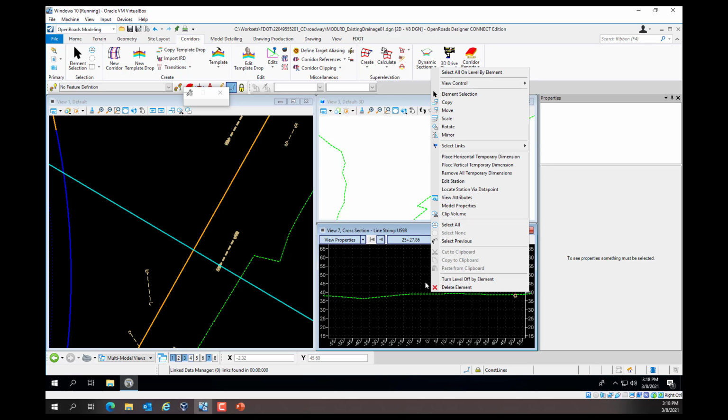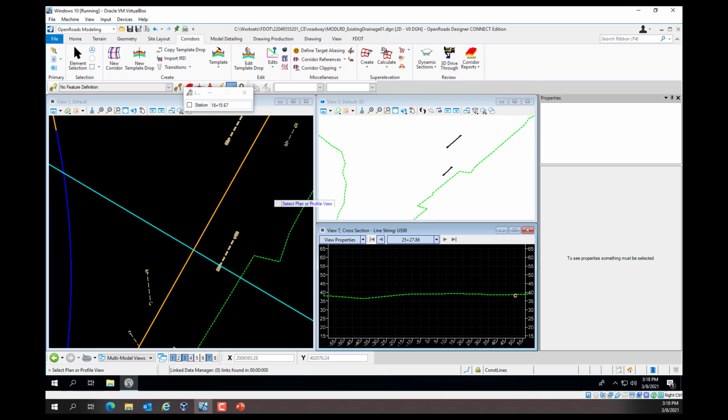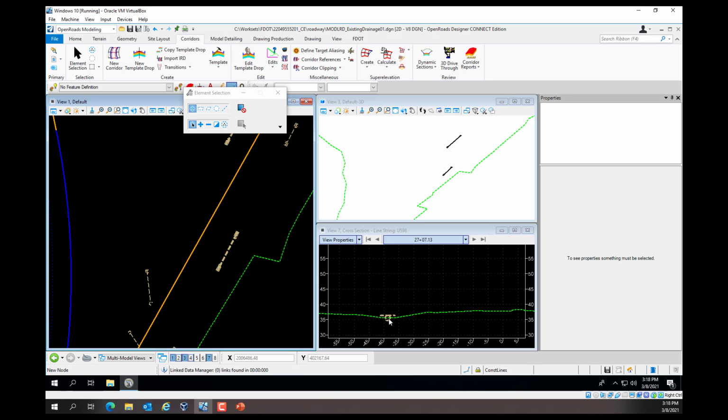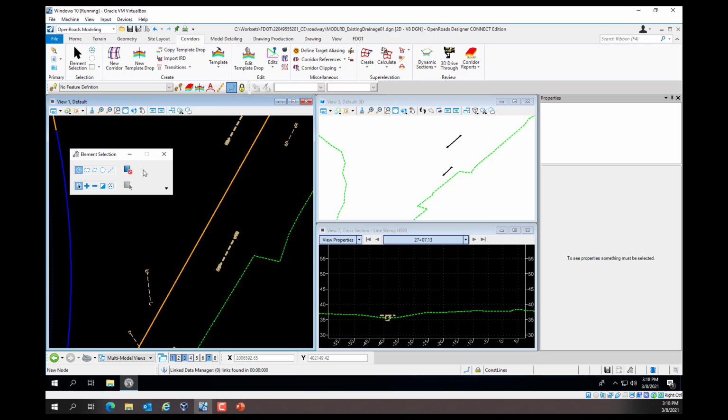We can right-click and locate the station via data point, select our plan view, say we want to see our other view here. We'll see our model of our existing drainage. So we've created existing drainage and we've seen how it's viewed in the 3D and also how it's viewed in the cross-section view.